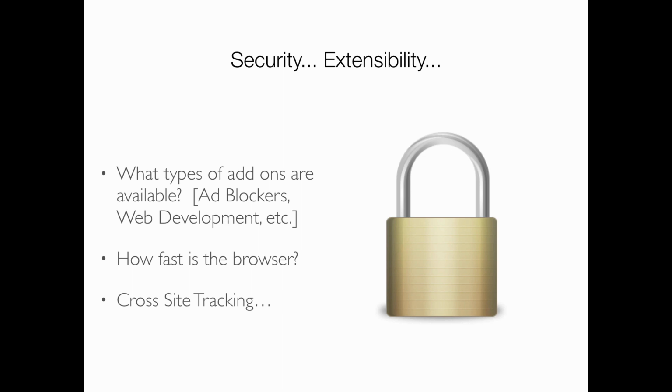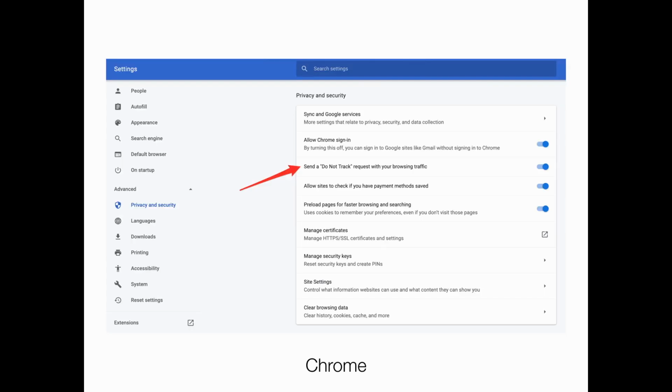So we can choose to stop cross-site tracking. The good news is with Chrome and Safari, I know you can do it with those two. I'm pretty sure you can do it with Firefox. Actually, I know you can do it with Firefox. I don't know about the Microsoft products. I don't use them enough to really know. You can actually choose to disable this feature. You can say, please don't track me. Please don't install these little cookies.